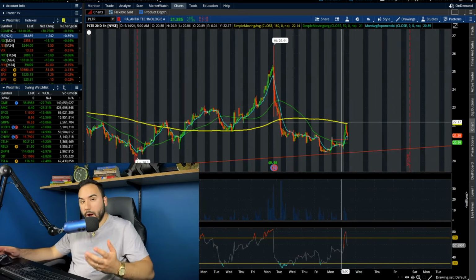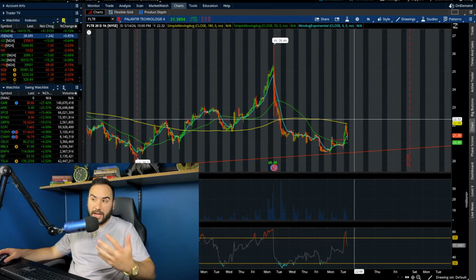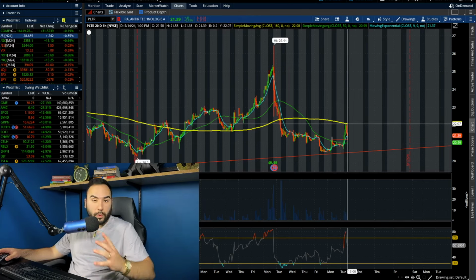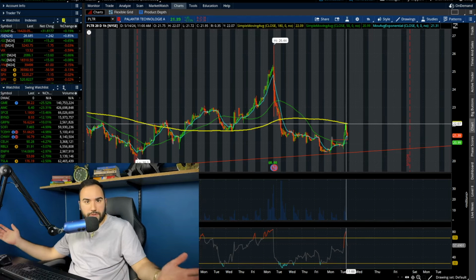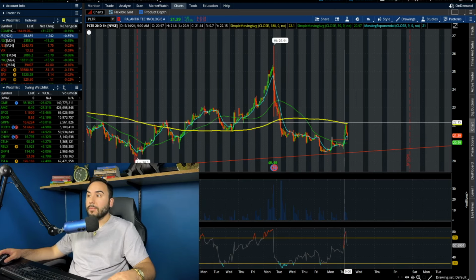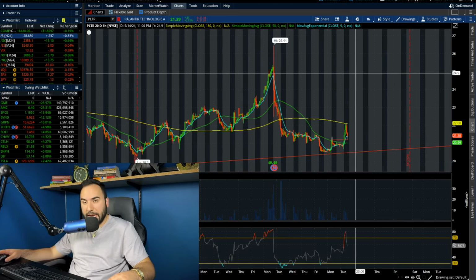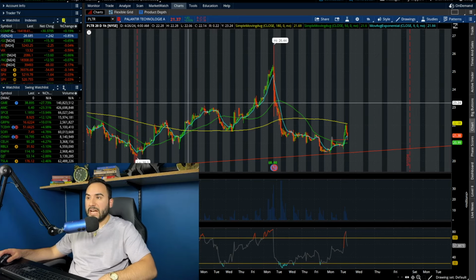And as you pull the layers back even more, you'll notice, okay, wait a second, we're still under the 180 moving average here on the 1-hour chart, which, mind you, that's actually where we got rejected at $22 earlier in the day. So that ideally should break for the bulls, right? That'd be ideal, which we're not quite yet breaking out of that. But once we do, in my opinion, guys, this could be smooth sailing to the upside from there,